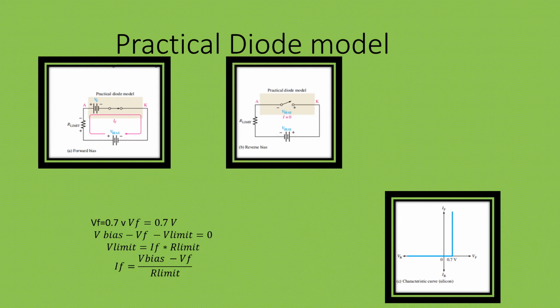A practical diode in the reverse bias condition, here this diode which is working as a switch is literally an open circuit. So what is observed is no current flow in the circuit. The diode is an open circuit, that is why there will be no flow of current in the given network. Please remember this in the reverse bias condition.